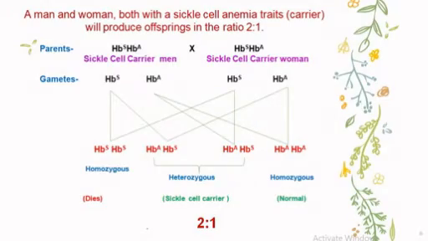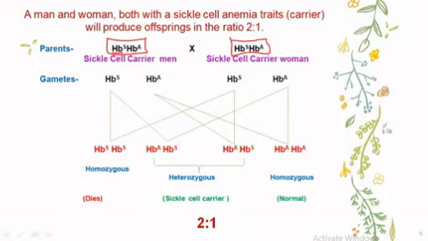Now here we can see the example. A man and woman both with sickle cell anemia trait, that is carriers, will produce offspring in the ratio 2:1. So here both parents are having sickle cell trait, means these parents do not have sickle cell anemia disease or disorder, but they are carriers for that because they contain